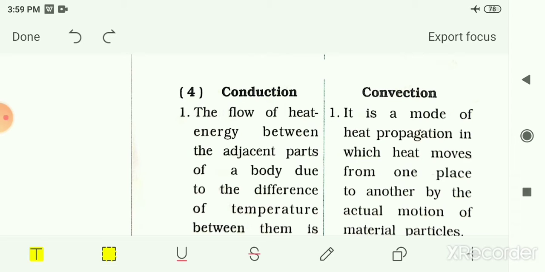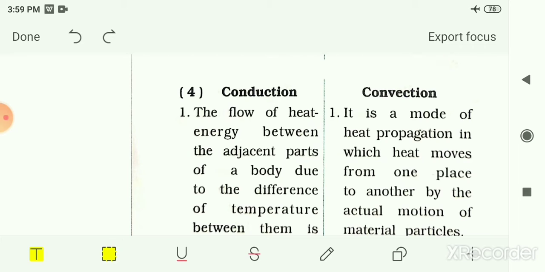Then we had seen the instrument which is used to measure the temperature of any object or any person. The instrument which is used to measure the temperature of an object is called the thermometer. And then we had seen different types of thermometer. The thermometer that measures our body temperature is called the clinical thermometer or doctor's thermometer.